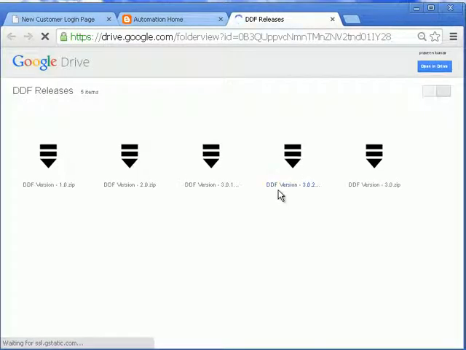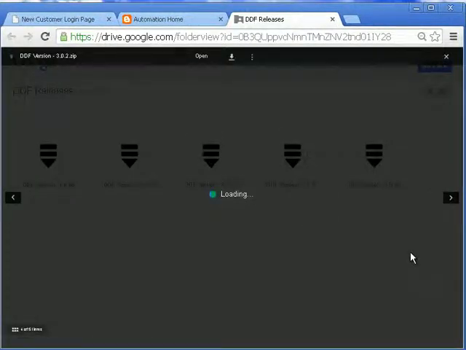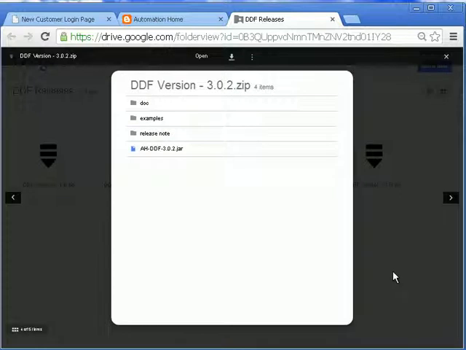Click on the label data-driven framework version 3.0.2 zip file. Click on the download